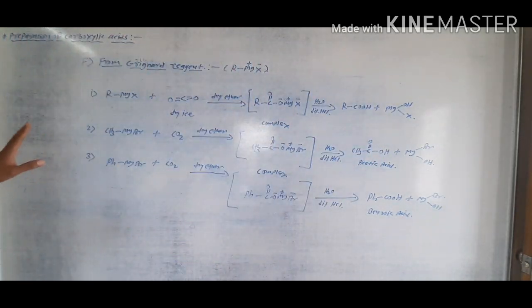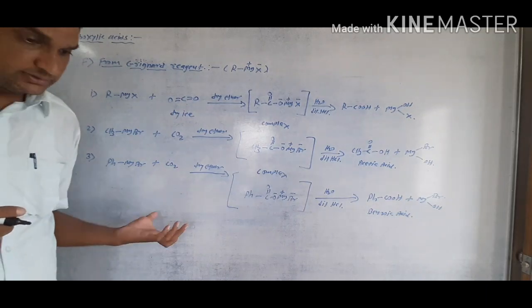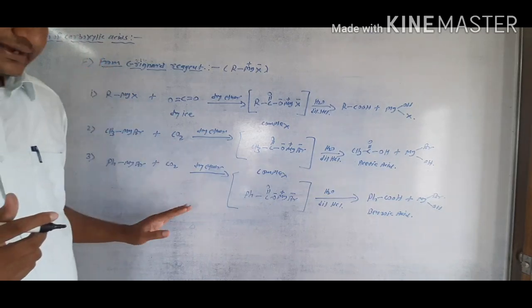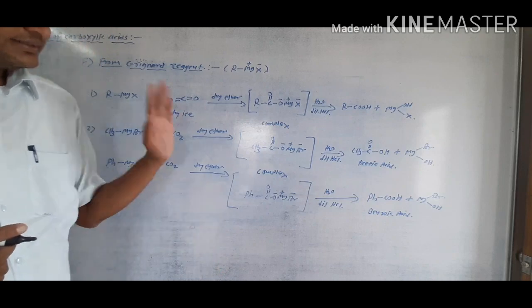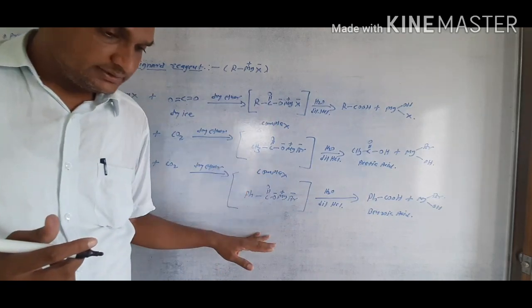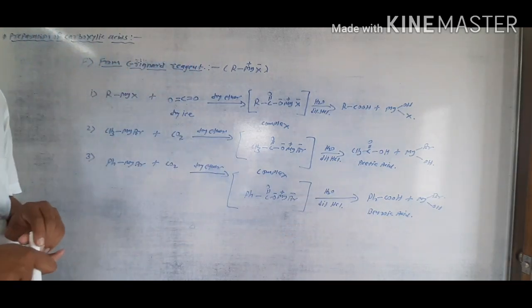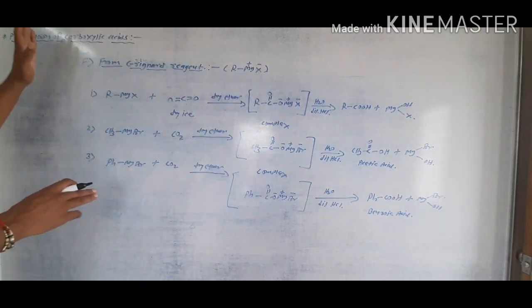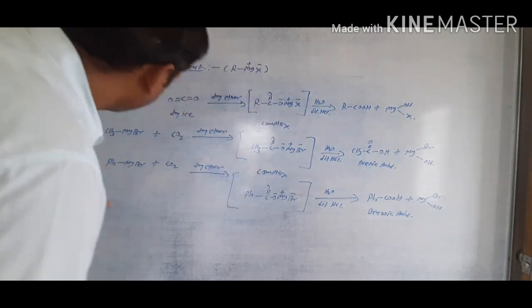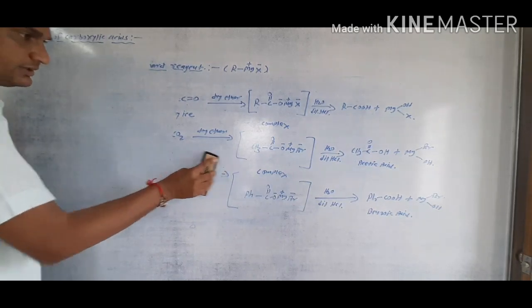Here is the simple method using the Grignard reagent reacting with dry ice, like carbon dioxide, in presence of solvent like dry ether, giving the complex molecules, and these complex molecules are further hydrolyzed by acid hydrolysis, giving the corresponding acid. This is the simple method for the preparation of carboxylic acid. Both the methods are completed in the syllabus. Some examples for the homework.